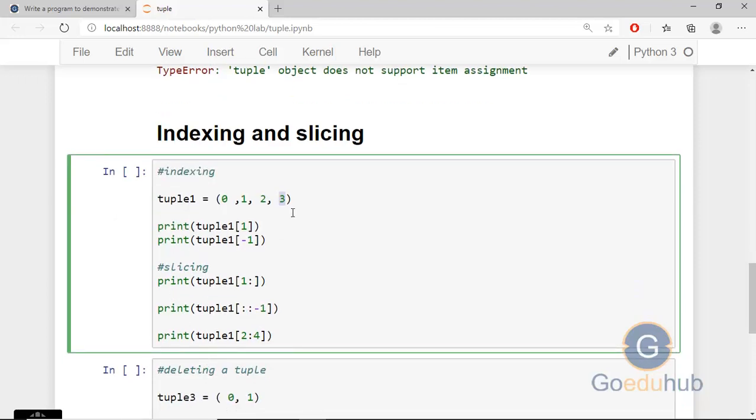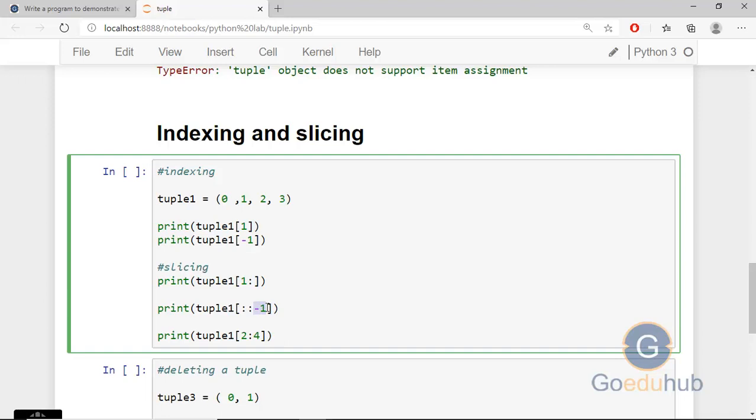So like this we can access individual elements, and if we want to access a subset of the tuple, then we can write like this, slicing 1 colon. Means we are starting from the first element and then we will go till the last element. Similarly, here I have not provided the start index and end index, just provided the step.